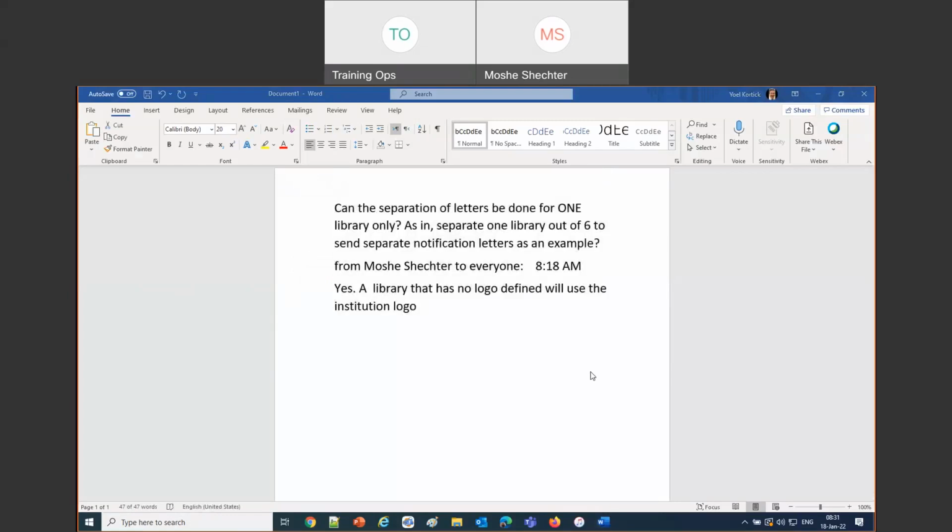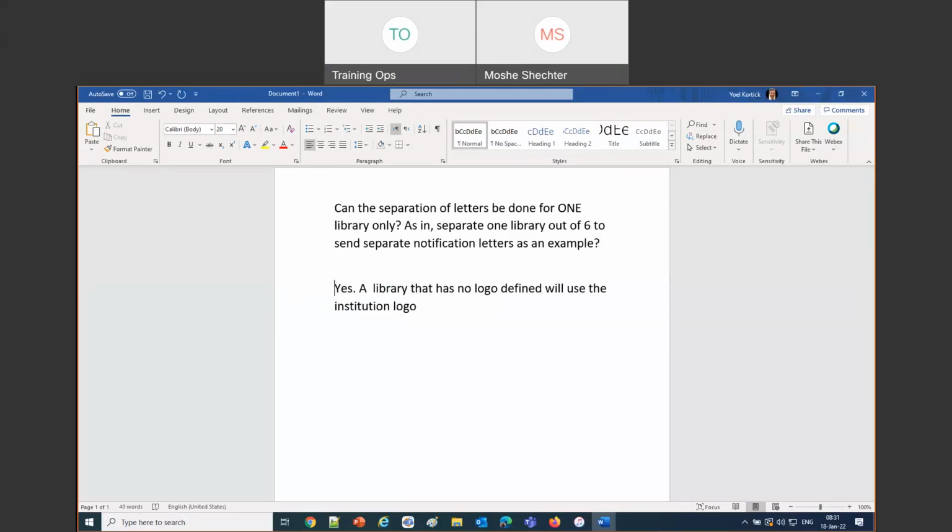The library that does not have its own logo defined will just use the institution logo. But it is not possible to separate a specific library from the other libraries in terms of having an aggregated letter sent for the other libraries and a separate one for 1. So it's either you set the system to separate all libraries or you aggregate all as it is in the default.